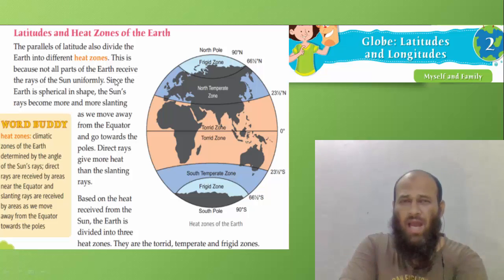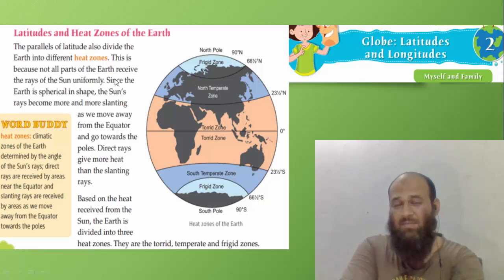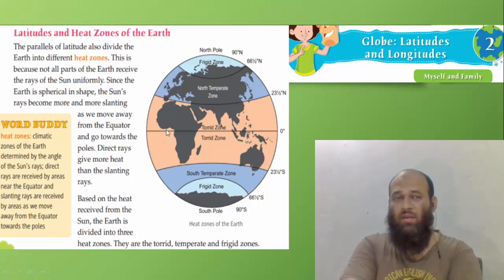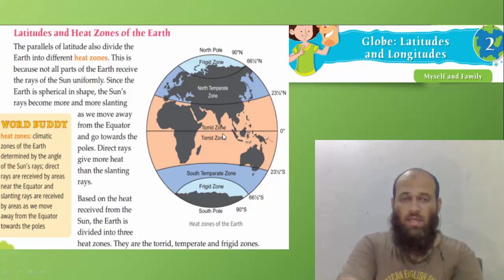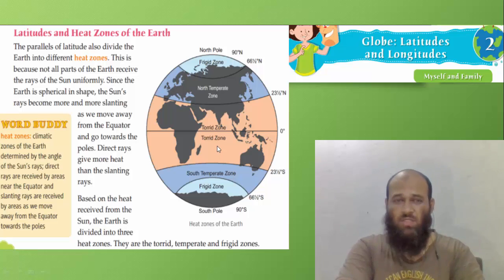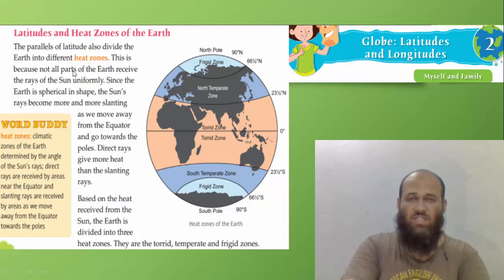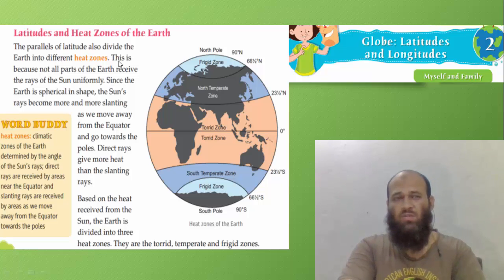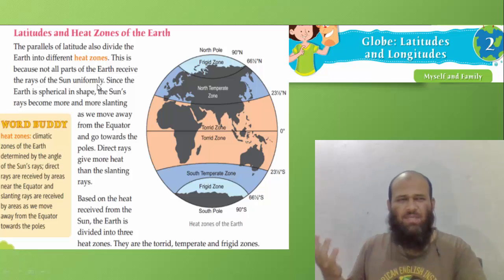Now, how do these latitudes affect the climate, the heat zones on the earth? Well, in our previous chapter of grade 5, you've seen that there are different climatic zones: torrid zone, temperate zones, and frigid zones. So these parallels of latitudes also divide the earth into different heat zones. And what are heat zones? Climate zones of the earth,